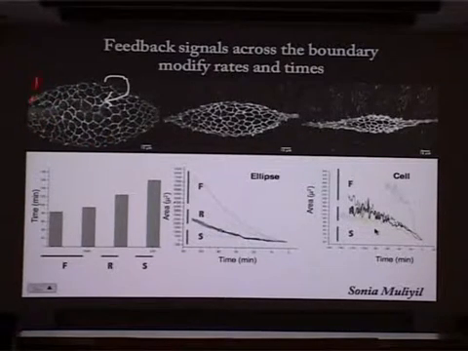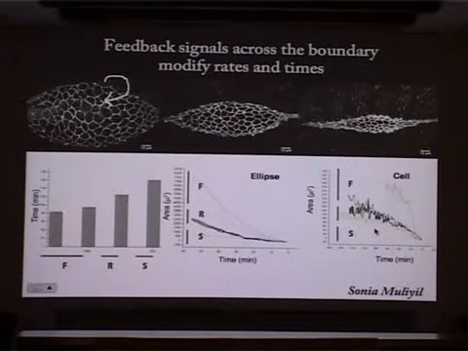So you can do something here and influence the frequency of some behavior that happens here, right? So if we look at perturbations that either make the rate at which this ellipse contracts faster or slower than what's normal, you can show that part of the reason for this is because you're influencing cell behavior here, as